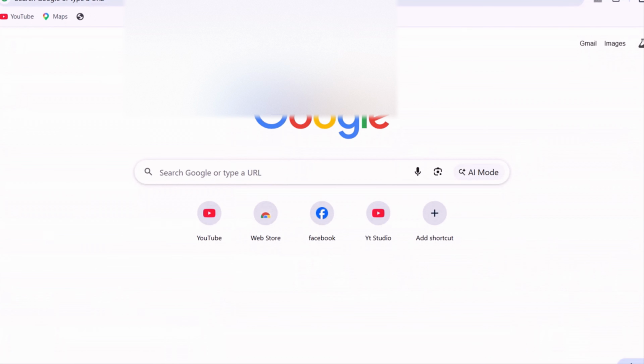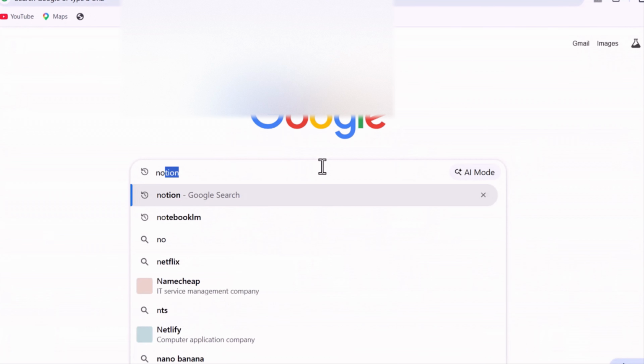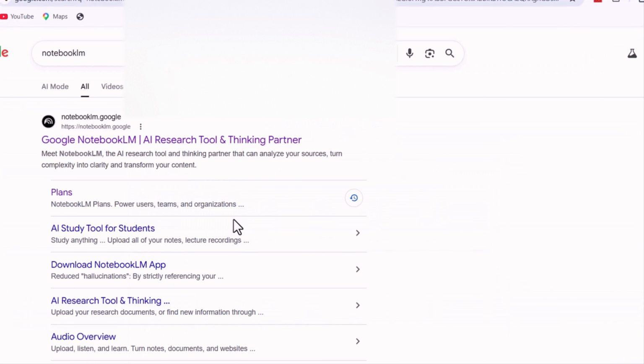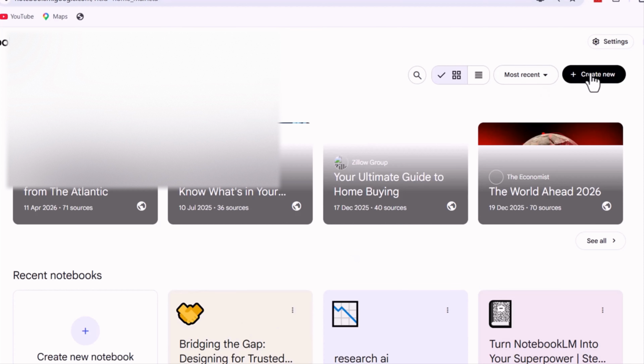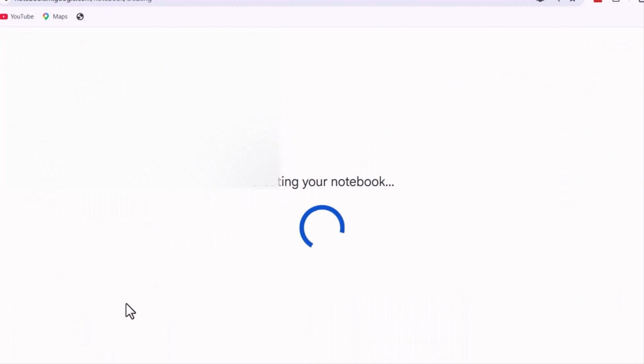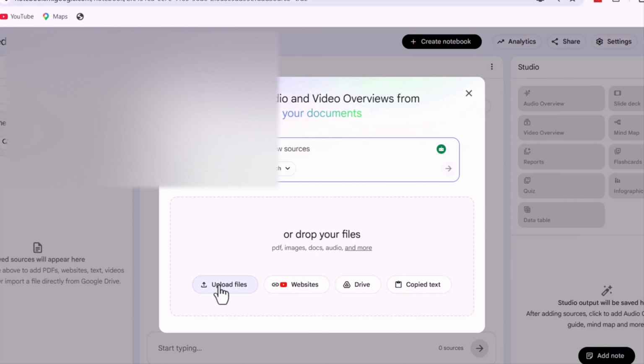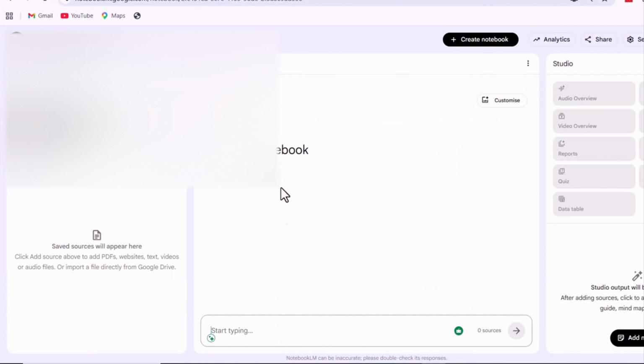Okay, now let's talk about a very underrated AI tool, NotebookLM. Honestly, I found this one really interesting. And when I first tried it, I was actually surprised by how different it is from normal AI tools. Here's what you can do with it. You can upload your PDFs, lecture notes, research papers, or even drop in YouTube video links. Then instead of just giving a simple summary, it actually understands your material and turns it into a clear, structured explanation, like your own personal study assistant.